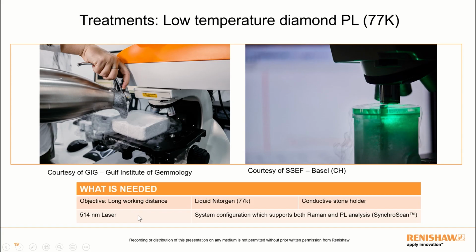This is better with respect to other green lasers like the 532 nanometers, because in this case one of the analytical photoluminescence bands will fall under the very strong first order Raman band of the diamond, and this would hide the analytical band to detect the treatment. Moreover,